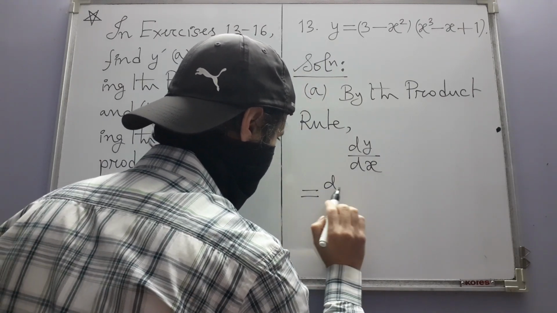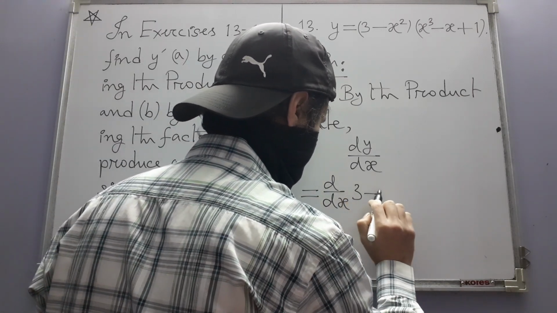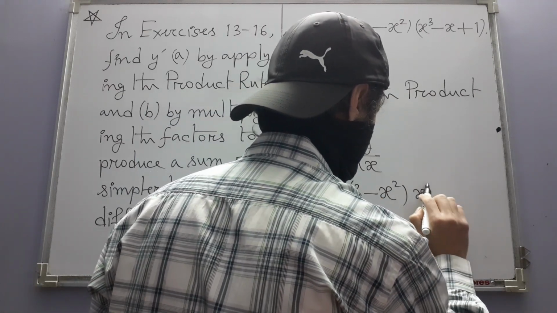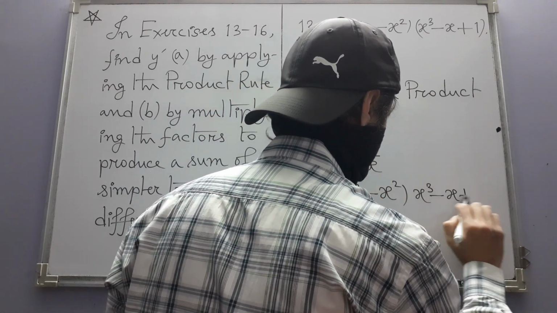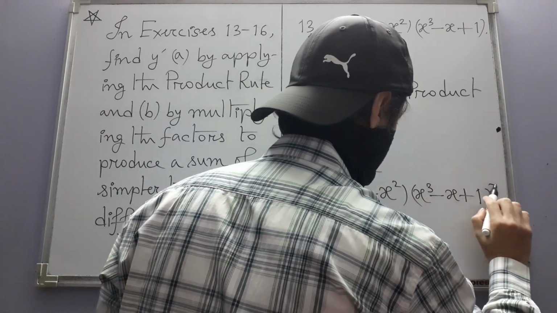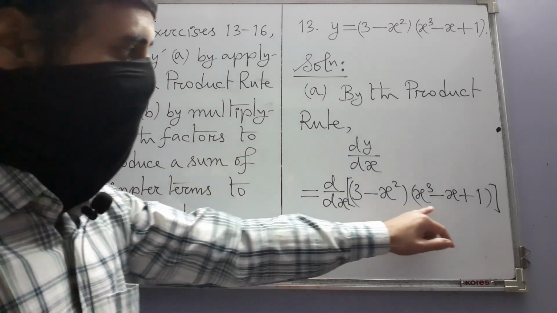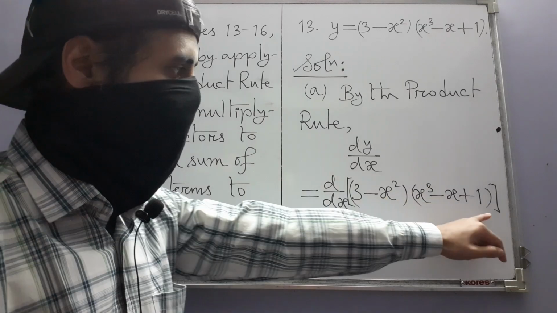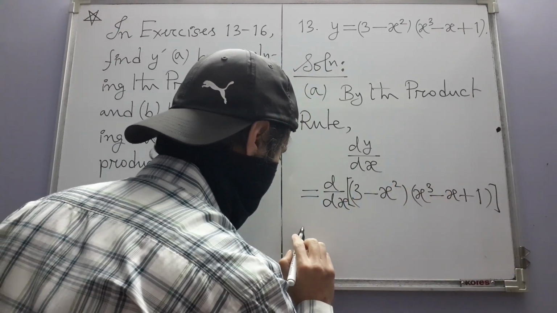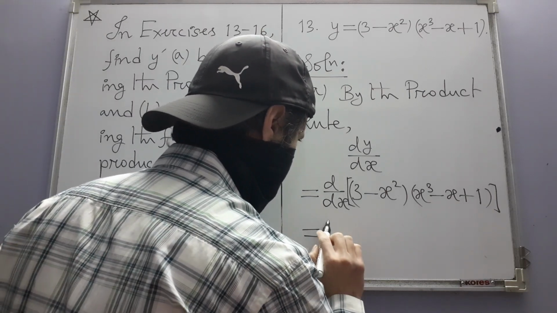Of course, first you are just going to write what y is, and then only you apply the product rule, times x cube minus x plus 1. In order to emphasize that the differentiation is on the entire product, we are also using square brackets to enclose these factors. So now only we apply the product rule, and by the product rule,